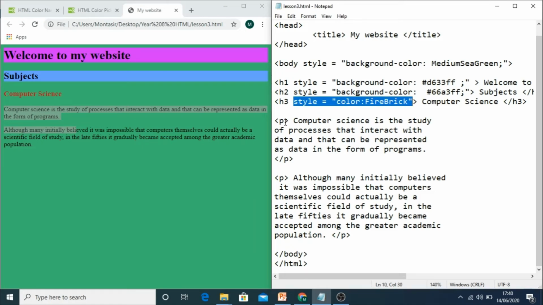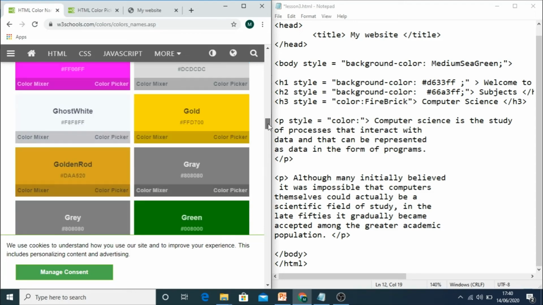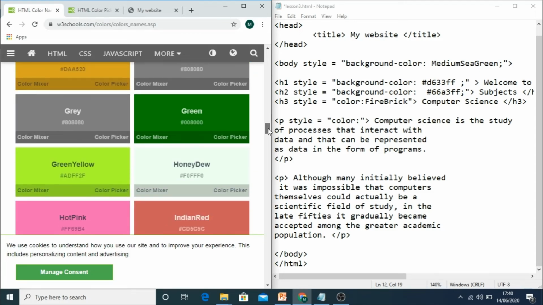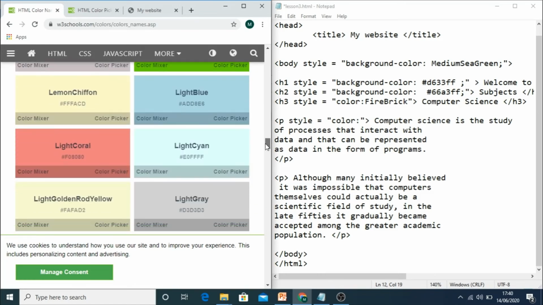Okay, copy this. Now this time I'm not going to use the color name, I'm going to use the hex code. So I'm going to use the hex code, and go back to the color picker website. For example, I take this hex code, I copy this hex code, I come back to my code, and then